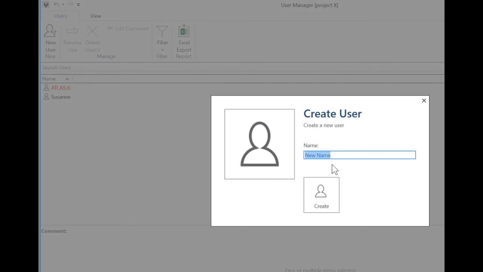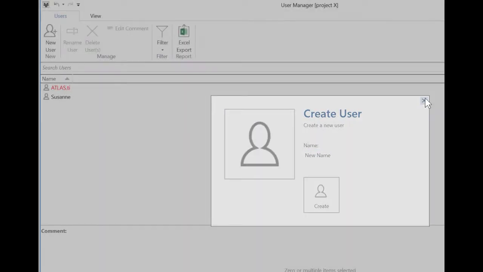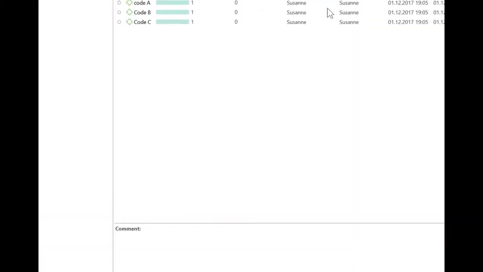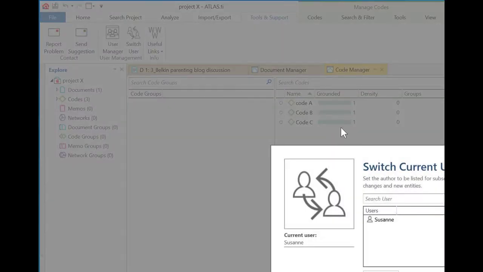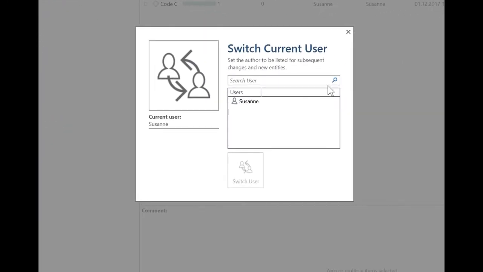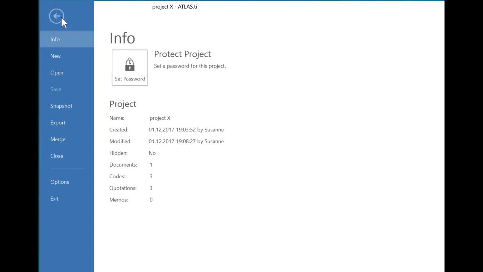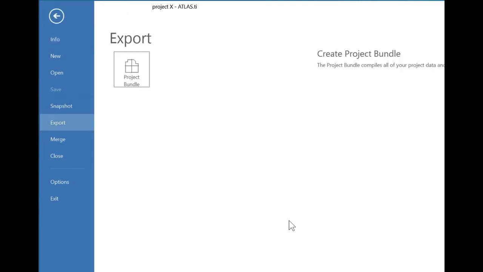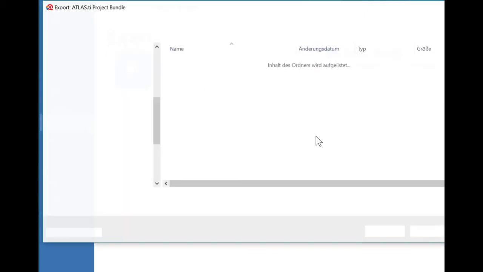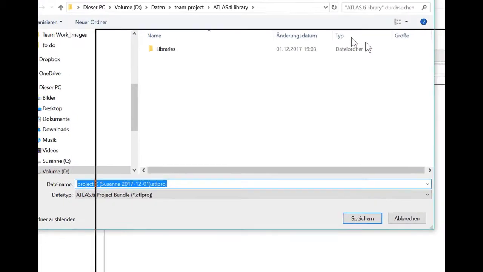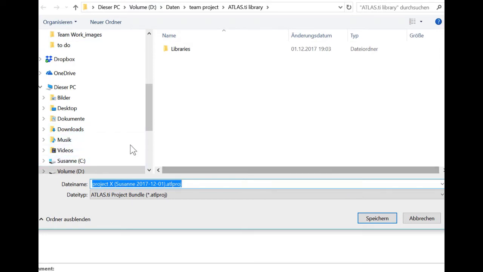I create a new user, enter a name, and once you've done that, you go to switch user and select the other name. So I save the project, and now I want to export it so I can give it to my team members. So I create a project bundle file, and when I export the file, I don't want to do this in my library,